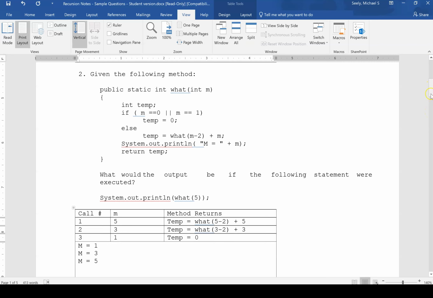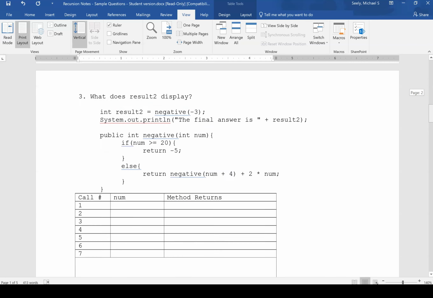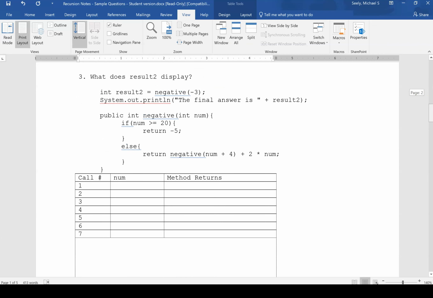Let's keep going. So what does result 2 display? Okay, so what do we got here? -3, and -3 gets passed in here, so num is -3. Okay, so we have what? -3 is not greater than 20, so we have